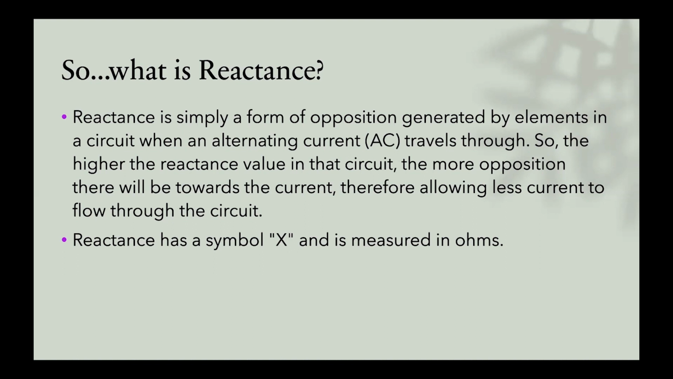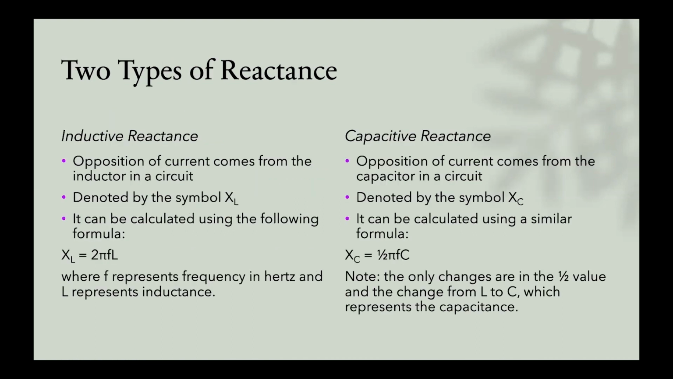So, the more reactance there is in a circuit, the less the current will be, because there will be more opposing force that's stopping the current from flowing. It's denoted by the symbol X and is measured in ohms. Again, very similar to resistance. Now, there are two types of reactance, inductive reactance and capacitive reactance, and they come from the inductor and the